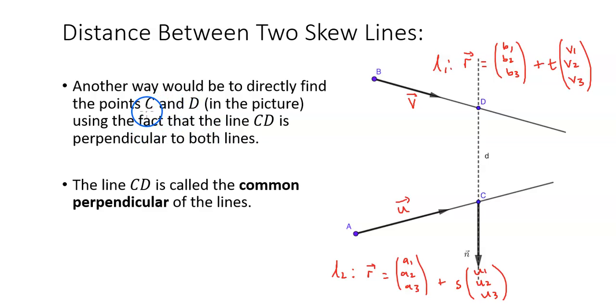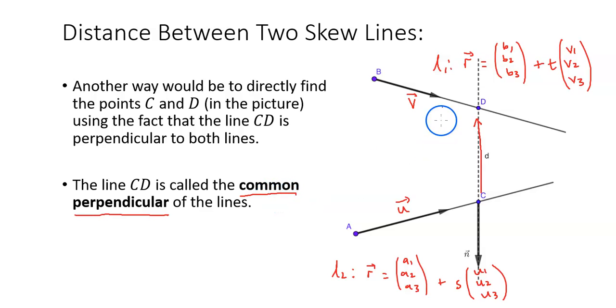Now, using the fact that the vector from C to D is perpendicular to both lines, so it's a multiple of the cross product of u and v, we can actually calculate the points C and D. Before we do that, by the way, the line CD is called the common perpendicular